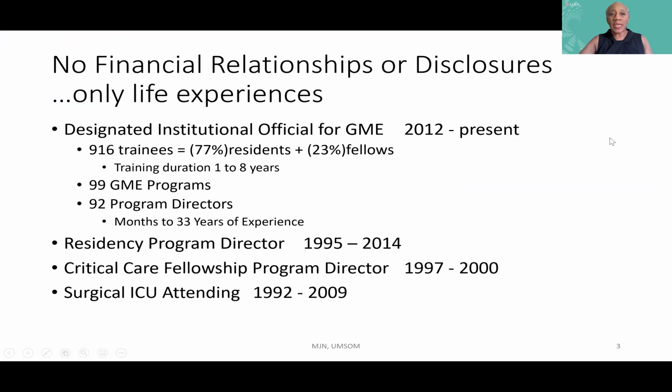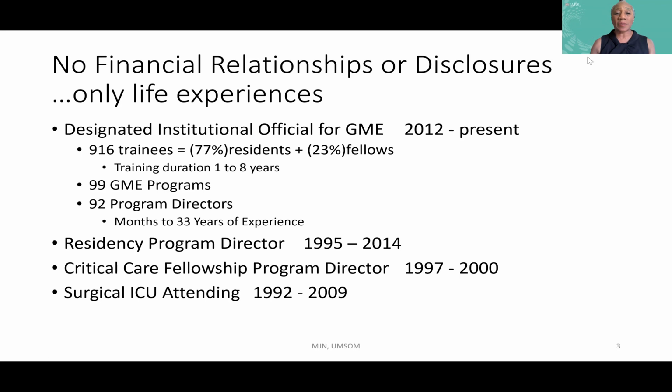I have served as the Designated Institutional Official for Graduate Medical Education at the University of Maryland since 2012, where we have 916 trainees, of which 77% are residents and 23% are fellows. The training duration is anywhere from 1 up to 8 years, and 2 more years added if we add in the research years.